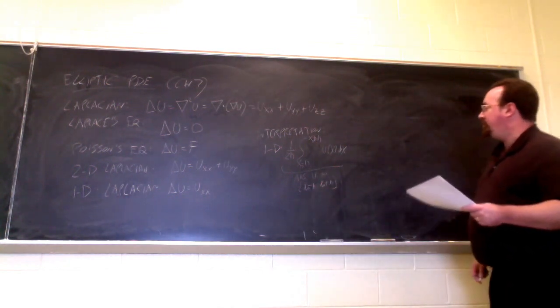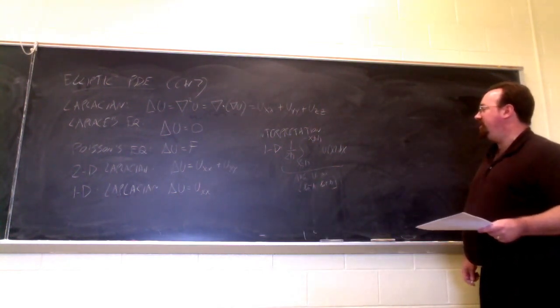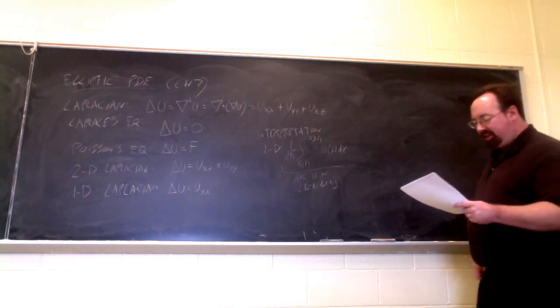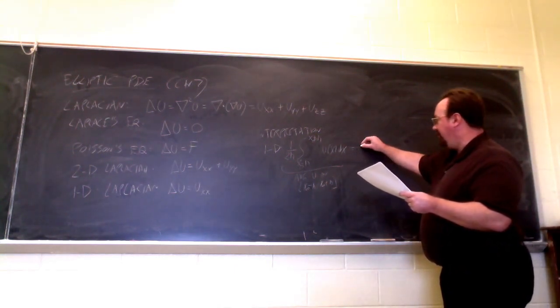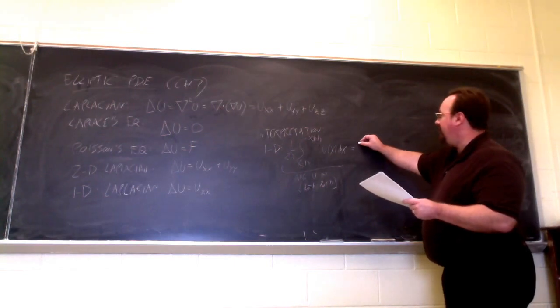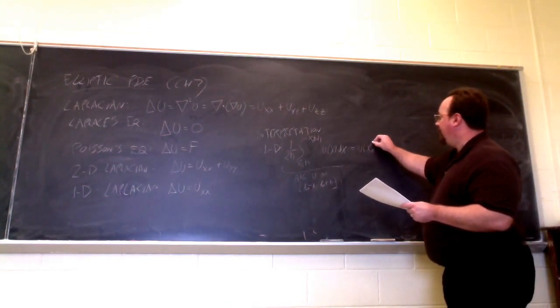If you expand u in a Taylor series around x naught and carry out the integration, I'll refer you to the notes for details, what you get is u of x naught